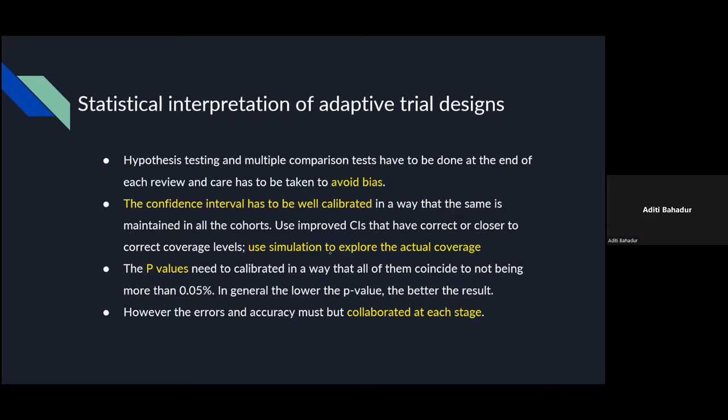So here we look at the confidence intervals and also the most significant but controversial p-values, because we need them to coincide. The ideal deviation should not be more than 0.05, because it is said that in general, for each particular statistical group, the lower the p-value, the better the result. That means, to put it simply, that it resembles